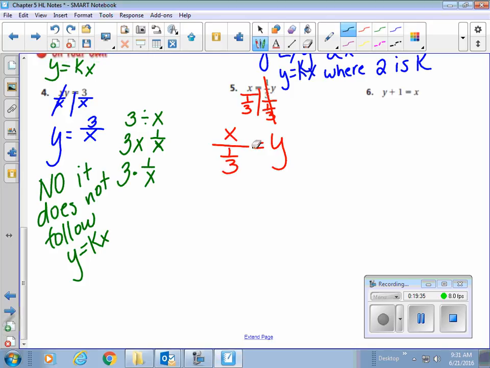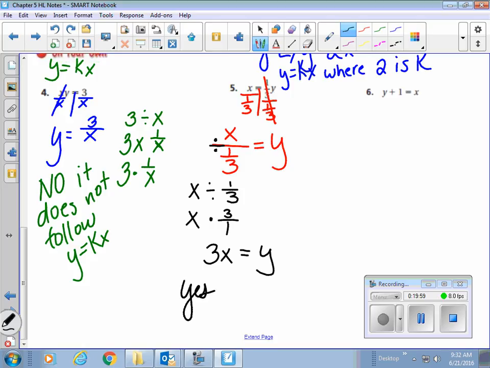So thinking about that as a division problem, x divided by 1/3 gets rewritten as x times 3/1, which we could say is really just 3x. And if that's equal to y still, I have y equals 3x. Does that follow y equals kx? Certainly does. 3 is your k here. So this becomes a yes,